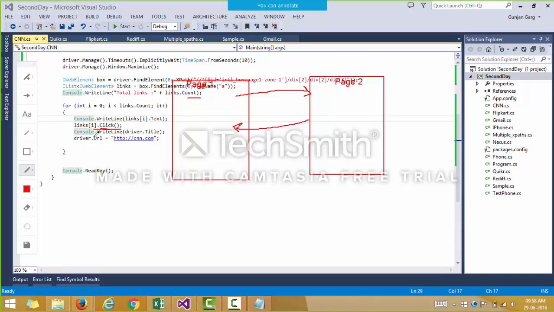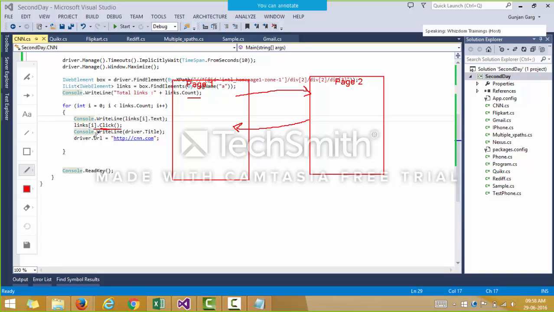Yeah, I mean, why can't we do this: when we click on the second link, we switch the driver to the next window. You get both the window IDs, and when you move to page 2, you switch the driver to page 2, and once you perform that operation, close that window, and switch the driver control back to page 1, so you will not get the stale exception, right?